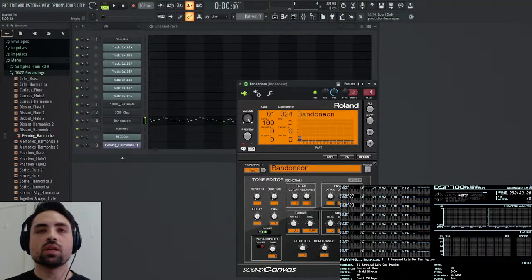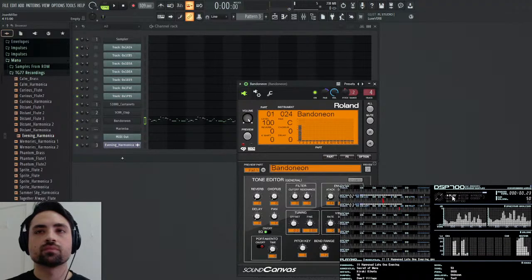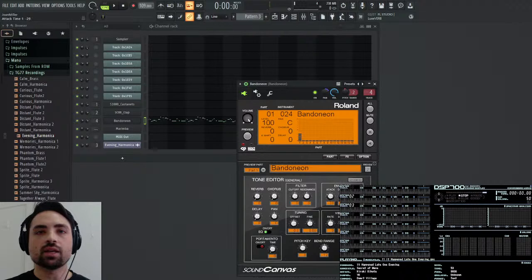And now the one thing I notice is that there is no attack. There's a very sharp attack in the original. So let me try to recreate that. There we go. Take the attack down here and it works. Nice. Maybe not that much, just that little attack.